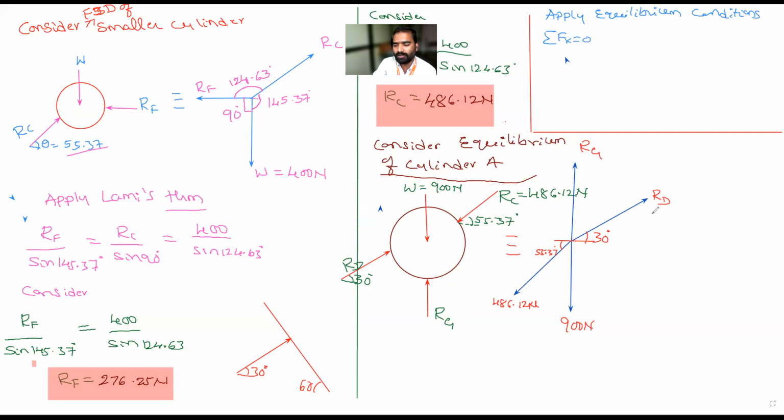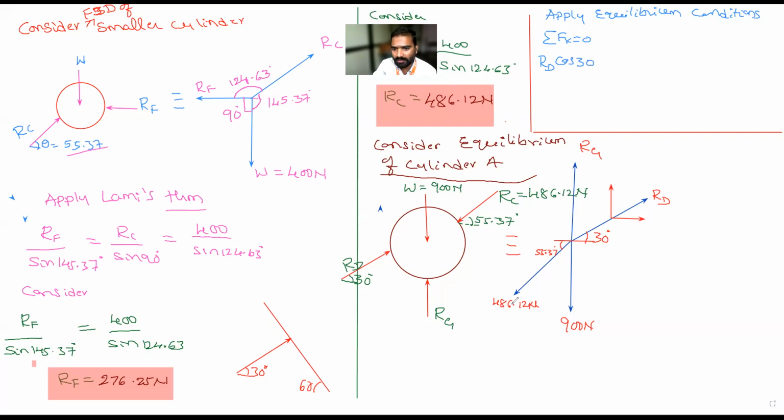Is it moving to the right hand side or left hand side? Right hand side. The Fx component of RD is RD cos 30. RD cos theta, and the Fy component is RD sin theta. So sigma Fx: RD cos theta, where theta is 30 degrees. Is RG producing any horizontal component? No, sir.